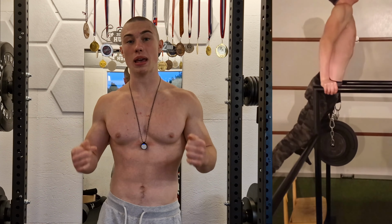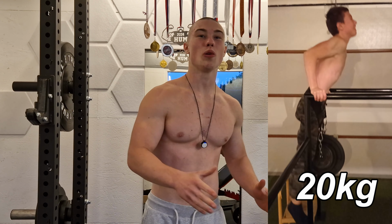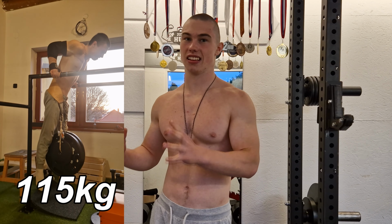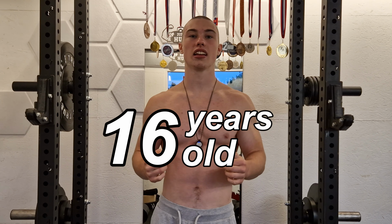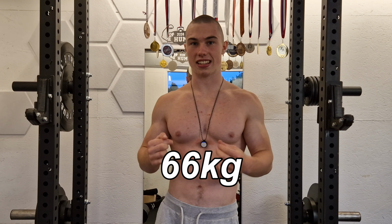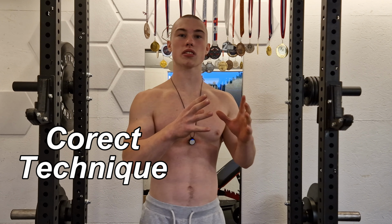I've been doing weighted dips for almost 3 years, and I went from a 20 kilogram dip to a 115 kilogram dip, or 4 dips with 100 kilograms, which is my latest accomplishment. And all of this at the age of just 16 years old and the body weight of 66 kilograms. But the most important thing is that I never got injured, because having correct technique is the most important thing